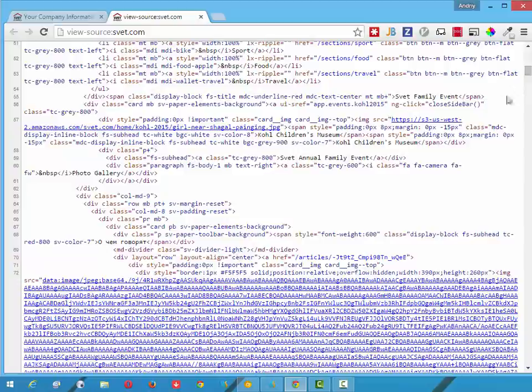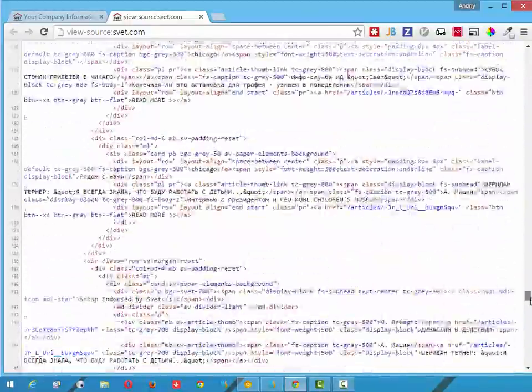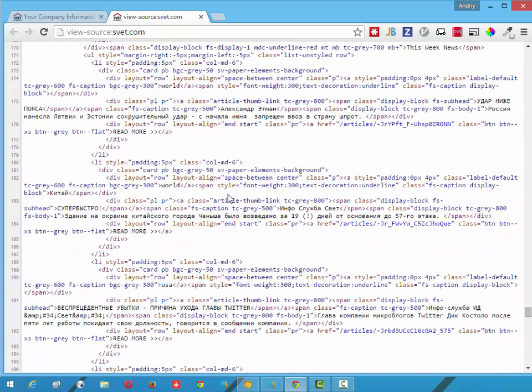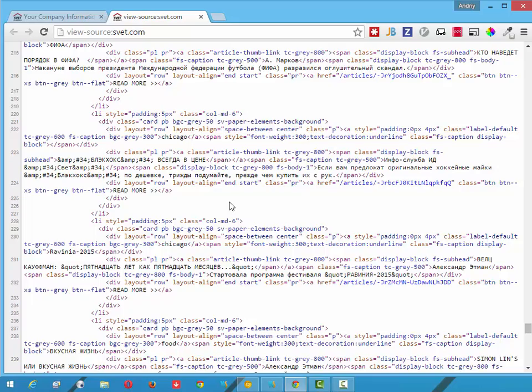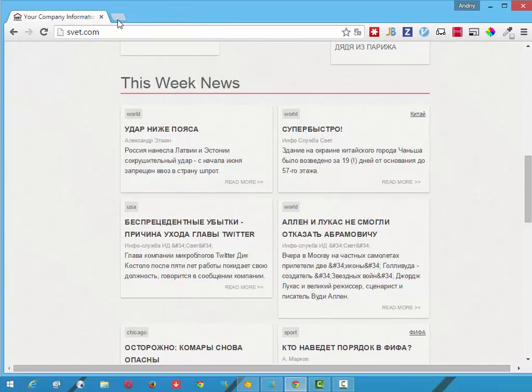We started this process, but sorry, didn't finish it. Okay, but you can see this is text. All of this code has been generated on the server before the user gets this page, and the advantage is that